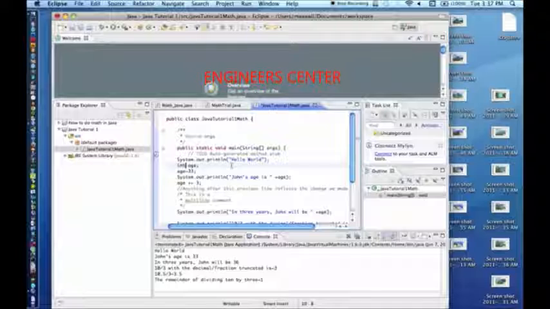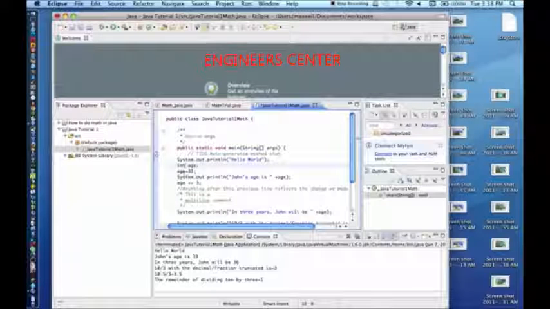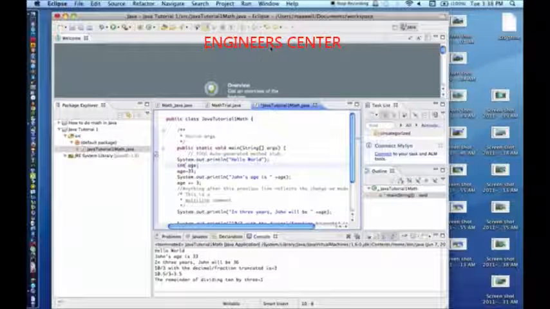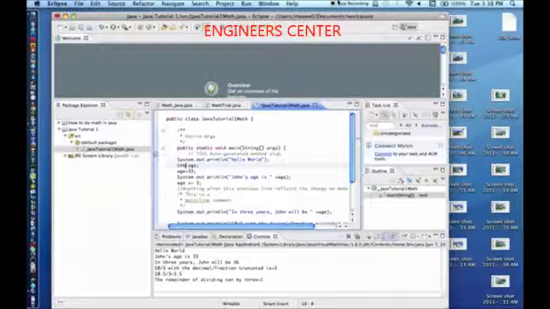But at the moment, you need to be careful to make your programs as concise as possible, and so you wouldn't use, say, a double to store a number like 33, because it's reserving a bigger amount of space to save that smaller number. So that concludes my Java tutorial for today,